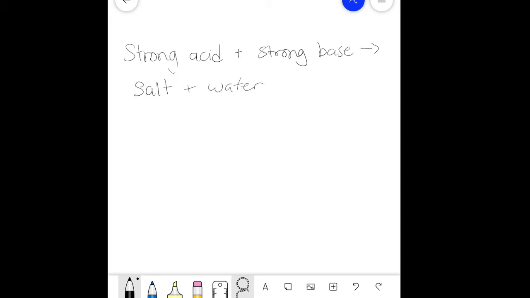And if you want to know what a strong acid and a strong base are, on the back of the solubility rules is the list. These are the ones that are going to fully break up. They're going to be aqueous. So if you've done the OWLs already, you'll know, and if you have Miss Mock, she mentioned this in class,